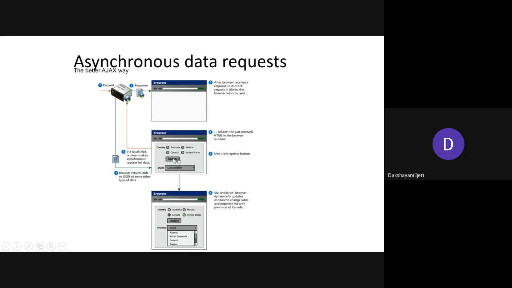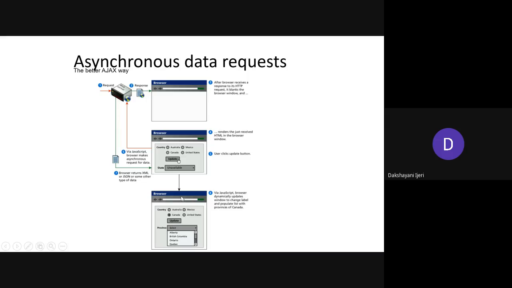In the meantime, via JavaScript the browser dynamically updates the window to change the label and populate the list with the provinces of Canada, right? Before it receives any data from the server, it might have executed some JavaScript program which you have written, and in turn it updates the file there itself before getting any data from the server side.